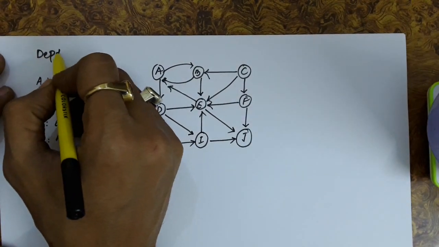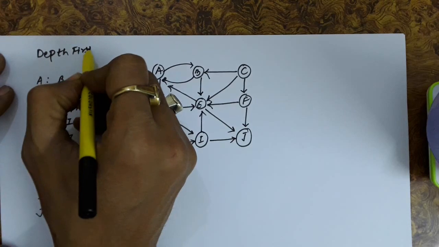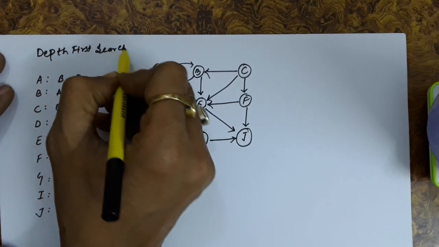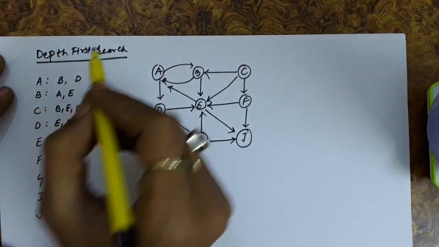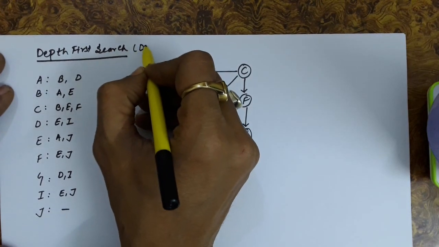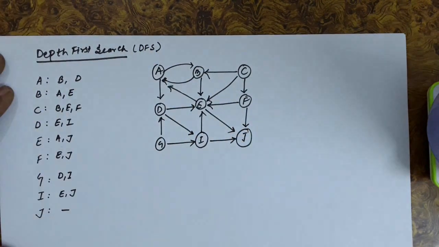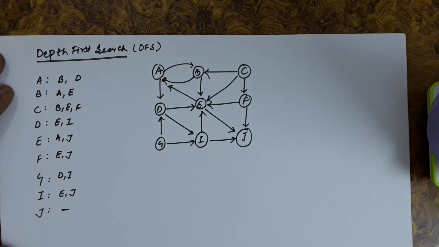So we will discuss depth first search in this lecture. This is another technique of traversal of the graph. It also has a short form, DFS. So for doing the